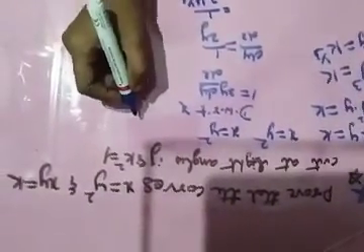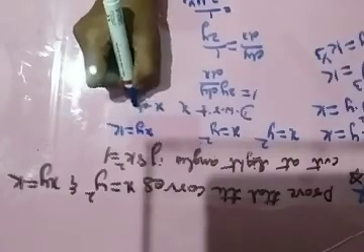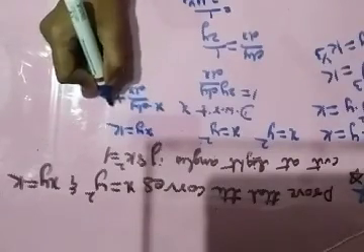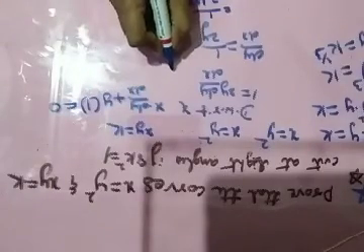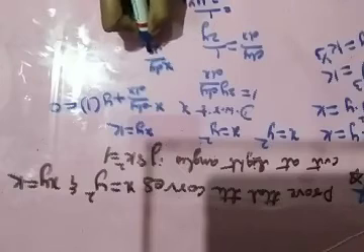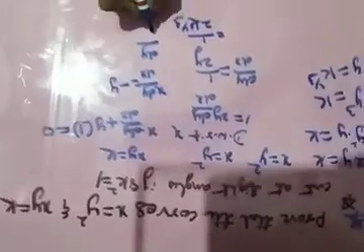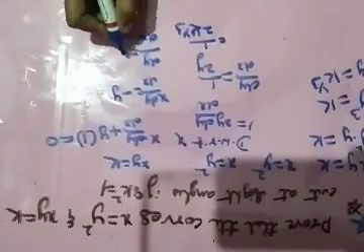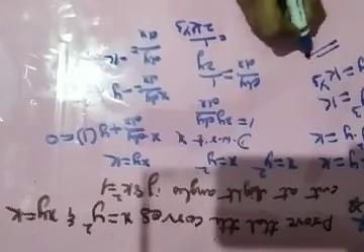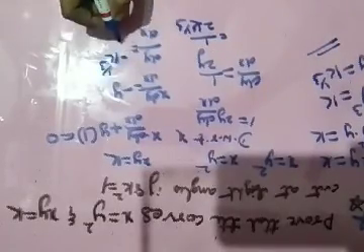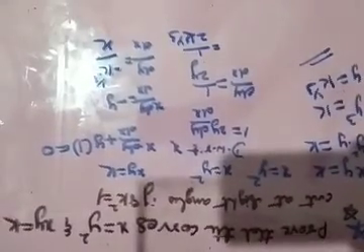Consider the second equation. The second equation is xy is equal to k. Use the product rule. X into dy by dx plus y into x derivative is 1 is equal to 0. So x into dy by dx is equal to minus y. So dy by dx is equal to minus y, y can be replaced by k raised to 1 by 3, divided by x.